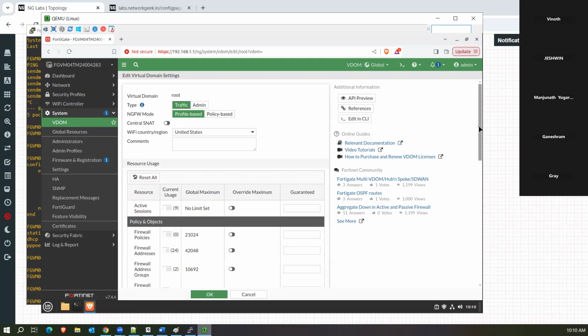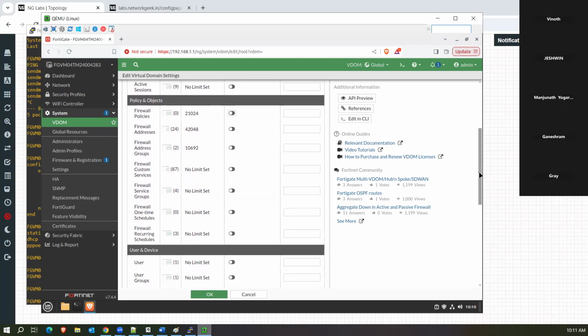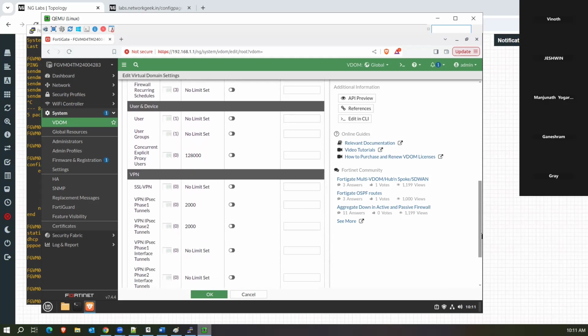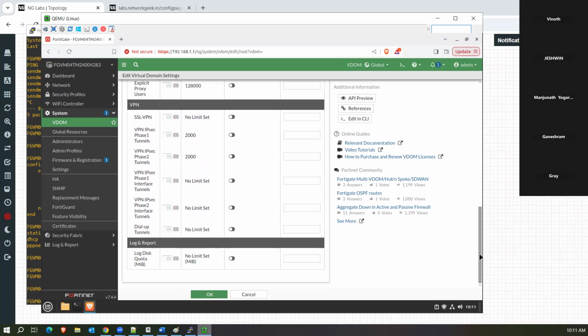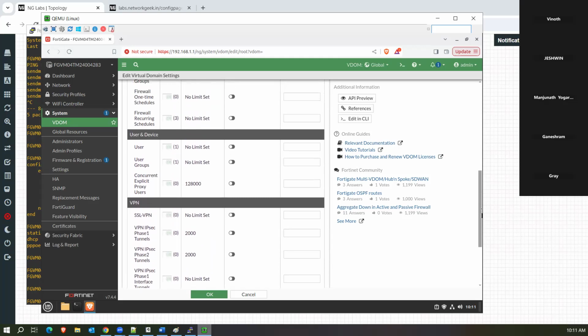And another important thing which I want to show is your resource usage. So how many sessions you want to allow in this VDOM, how many policies you want to allow. Globally on this model, you can configure 21,024 policies, out of which how many policies you want to allow for this particular VDOM, how many address objects you want to allow. All these values can be configured under the VDOM settings. Now, this doesn't allow you to configure how much CPU or how much memory you want to restrict. Only in terms of configuration, you can restrict what percentage of configuration you can allow